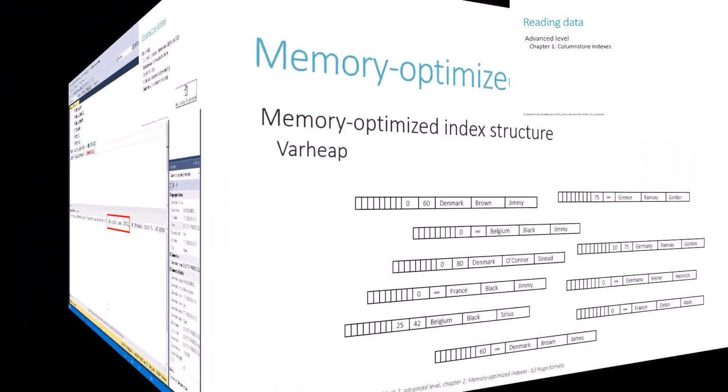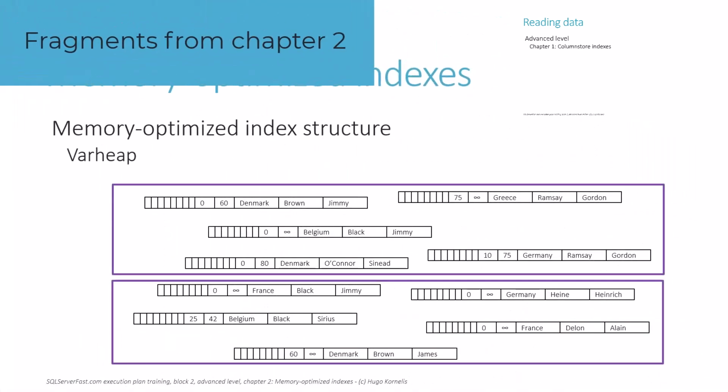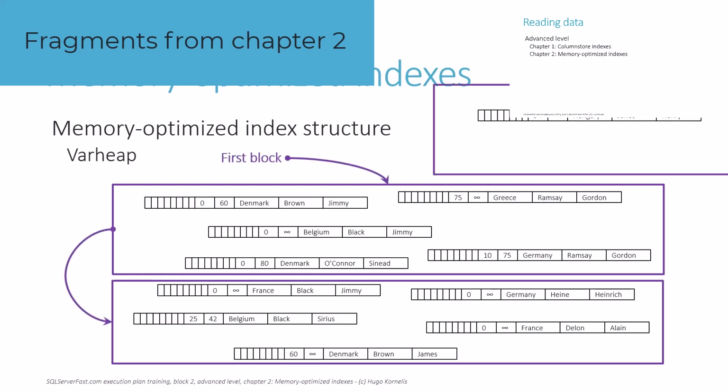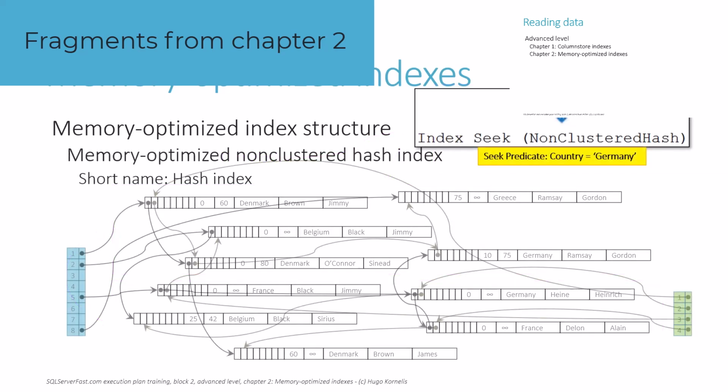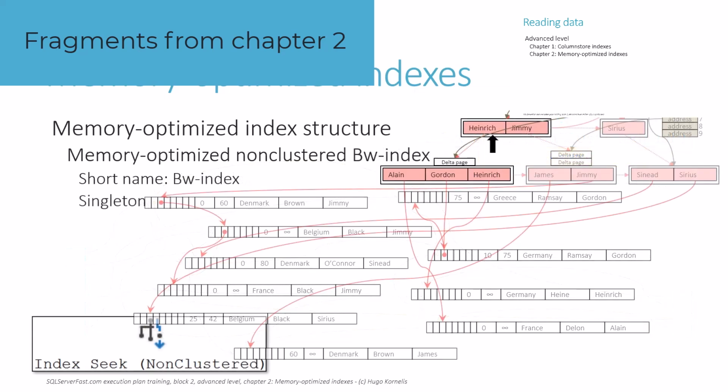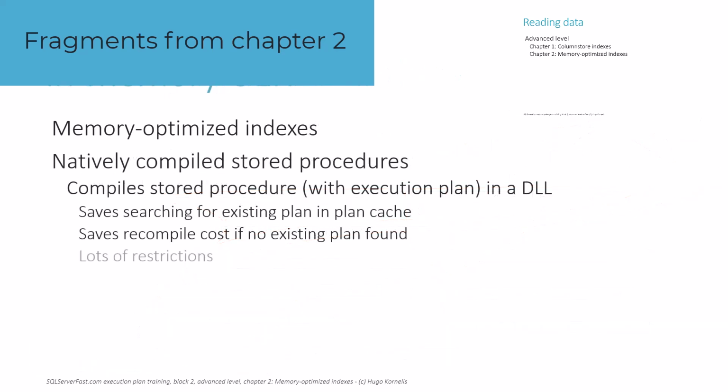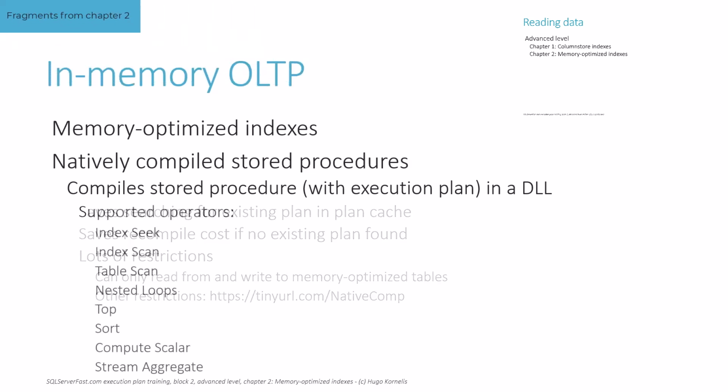Chapter 2 has a similar structure, but now for the various types of memory-optimized data. We once more first show how the data is stored internally, and then use that knowledge to illustrate how scan and seek operators navigate this data when they target memory-optimized data. We also talk about memory-optimized column store indexes, the amalgamation of the previous chapter and this one, and we end the chapter with a discussion on the pros and cons of natively compiled stored procedures.